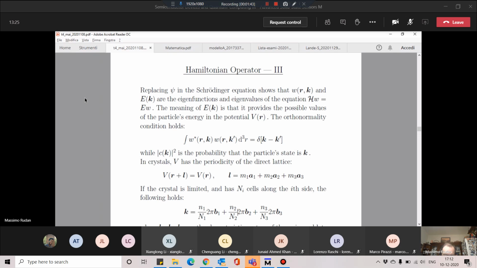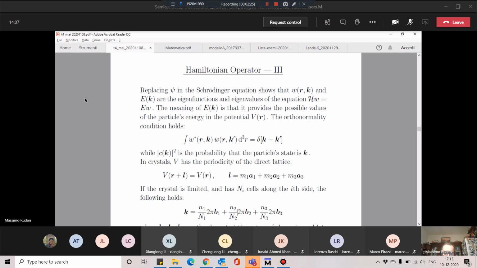But we shall take a very simplified model that is so simplified that it allows for an analytical solution. However, many important features of the actual solution are kept by the simplified model. In this page, there is nothing that you have to learn, because it is simply a reminder